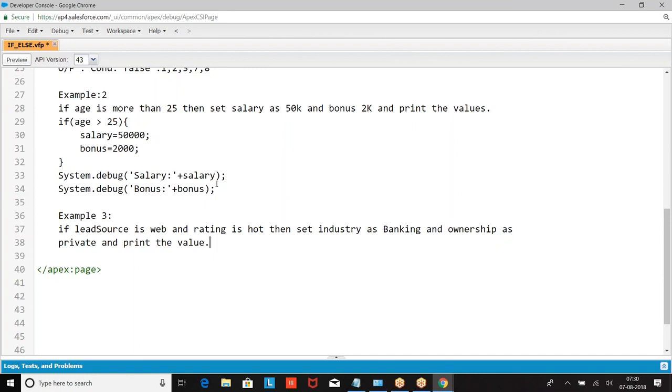If the lead source is web, rating is hot, then set industry as banking and ownership as private and print the values.